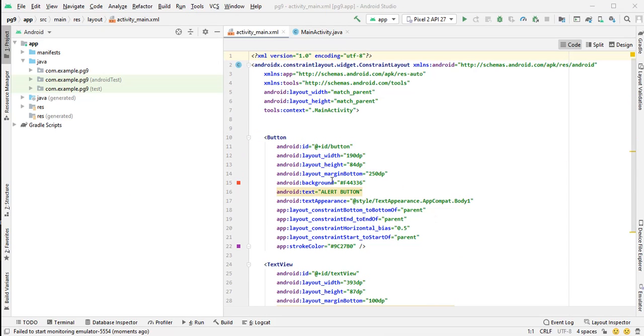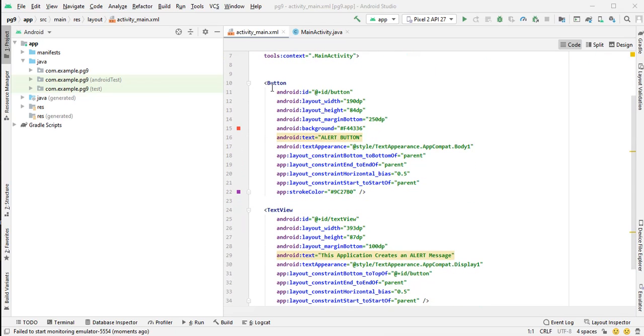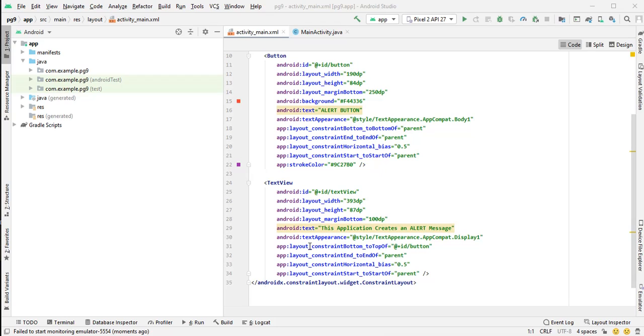So I'll just repeat the whole application again. First you have to create an XML file, and in this XML file you have to insert two views. One is the button view, the other one is the text view. The name of the button view is alert button, and the text that is to be displayed in the text view is "This application creates an alert message."